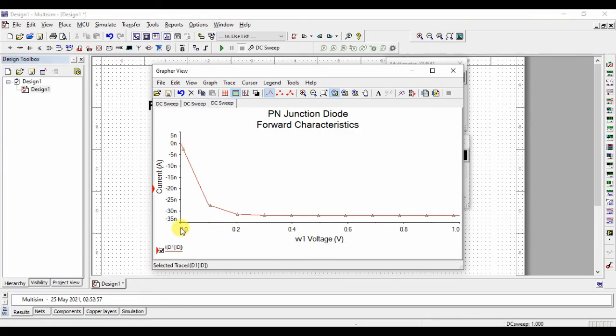Observe that when we increase the reverse voltage, the current decreased due to breakdown and it was kept constant further also. When we increase the voltage, the current does not increase or decrease. It approximately remained constant throughout the increase of the reverse voltage.